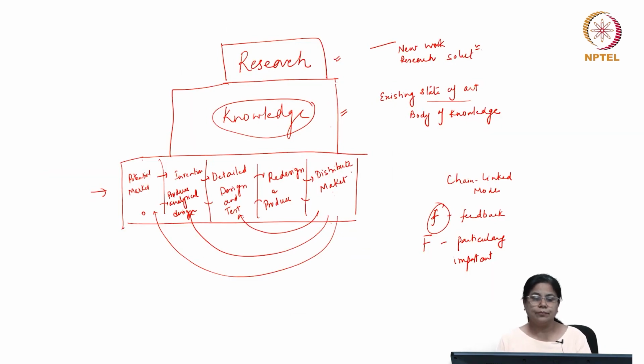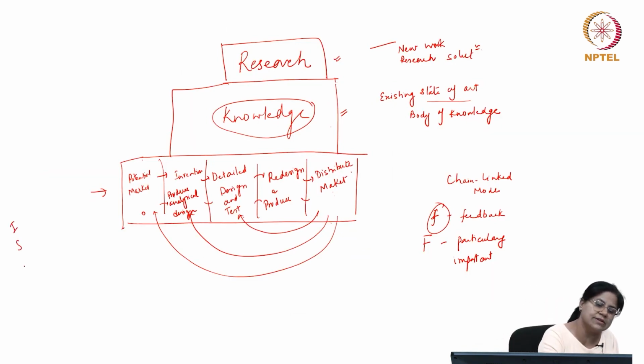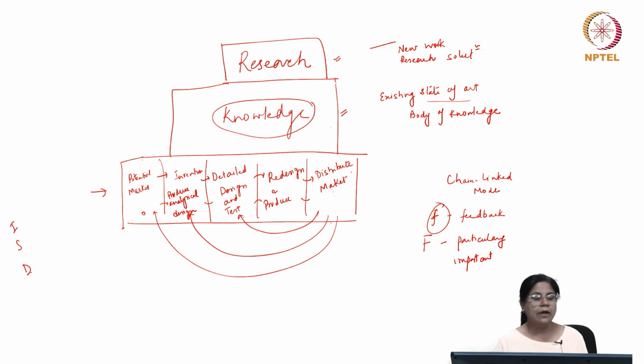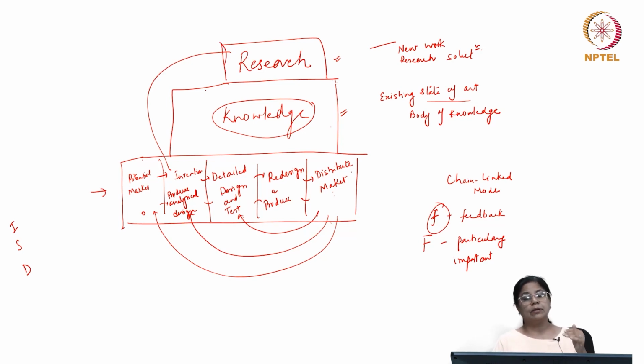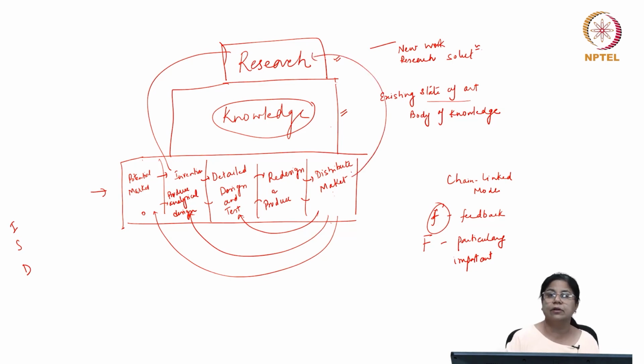Then it talks about 3 other links. One was I, another was S, and another was D. The D was essentially talking about that if any kind of feedback has to go from an invention stage or a design stage into research, that can go in there. Then it also talks about if any important information at the market level goes, which will entail maybe further research, that is through S.